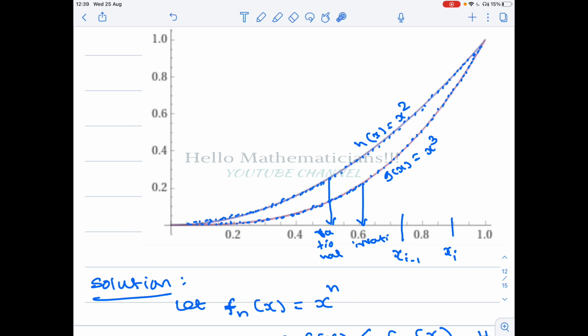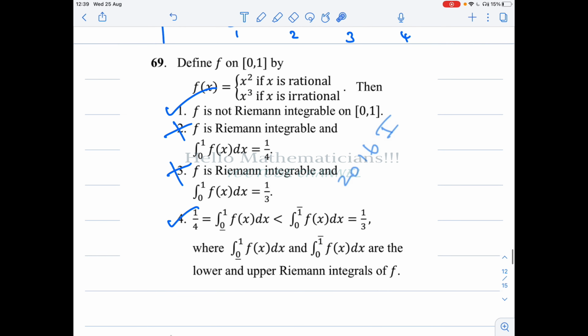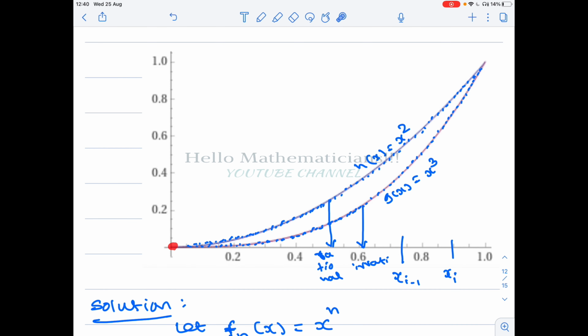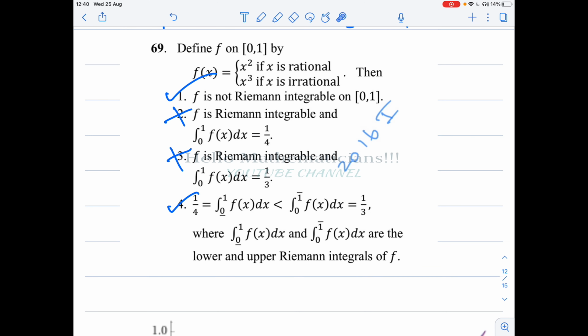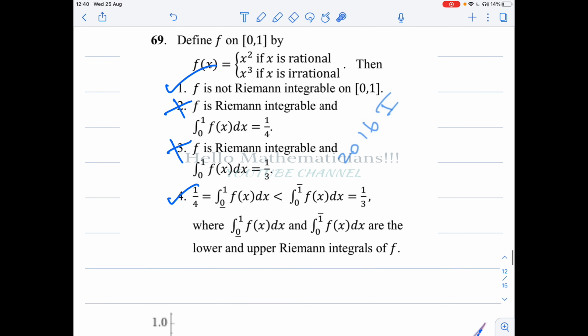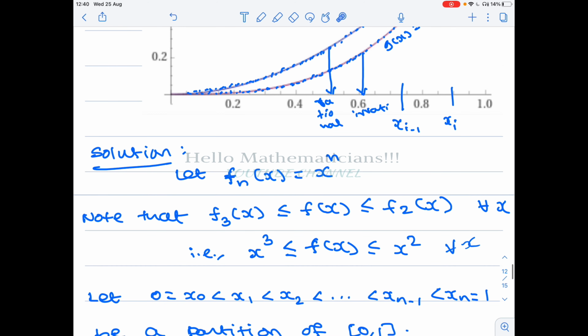One simple, easy way is this: a function is Riemann integrable if and only if the function is continuous almost everywhere. But this function is continuous only at the origin. Okay, that is one way of doing it. So from that you can conclude that this function is not Riemann integrable. But even if you conclude it is not Riemann integrable, you need to know the basics of Riemann integration to deal with the last option. Okay, so we take a different, very simple approach using upper sum and lower sum.